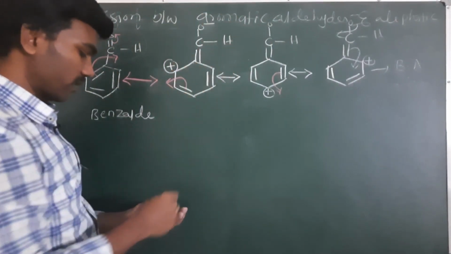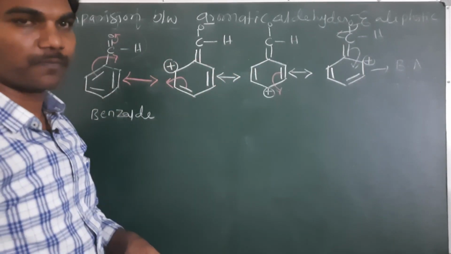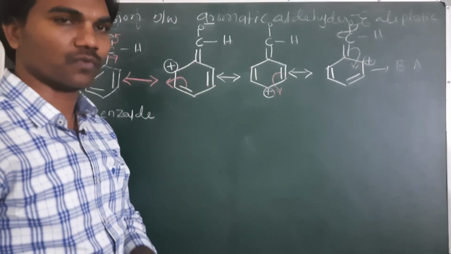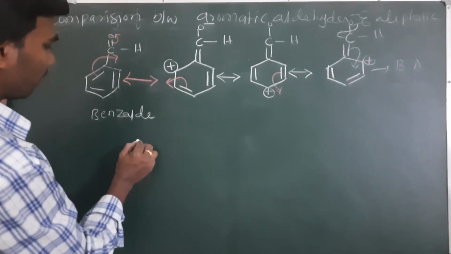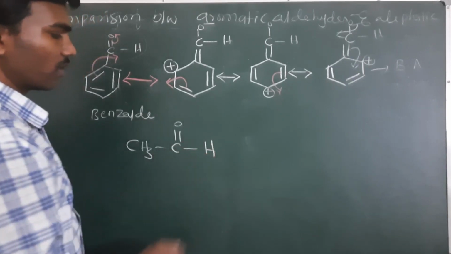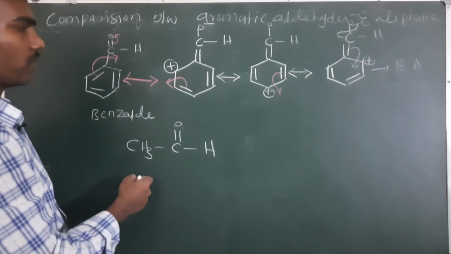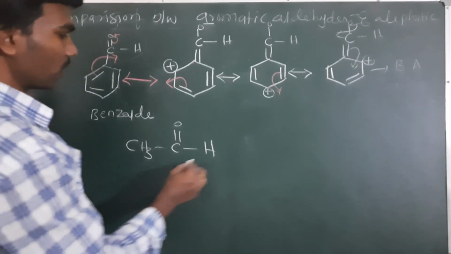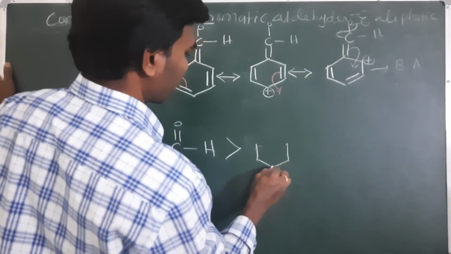So on these resonance structures, you see on carbon there is no chance for the formation of positive charge, meaning carbon's electron deficiency is fulfilled. This is not possible in the case of an aliphatic aldehyde, CH3C=O H. So comparing with aliphatic aldehydes, aromatic aldehydes are less reactive; aliphatic aldehydes are more reactive compared with aromatic aldehydes.